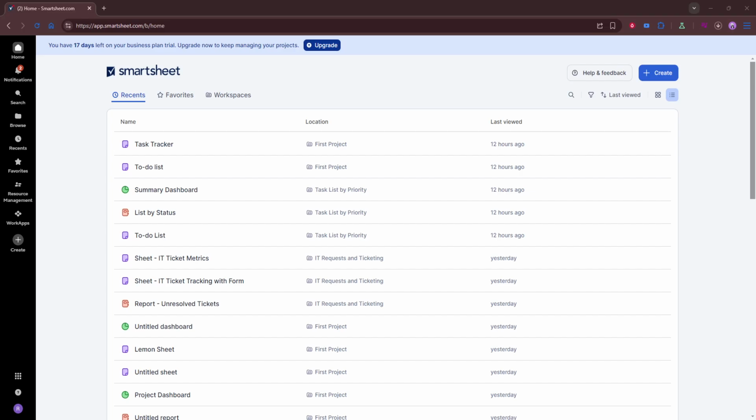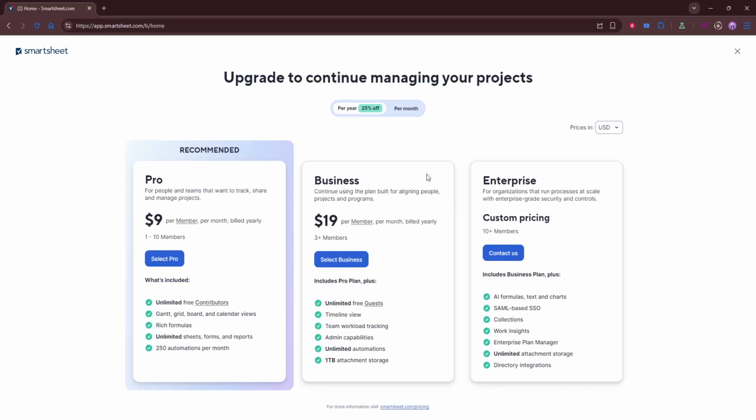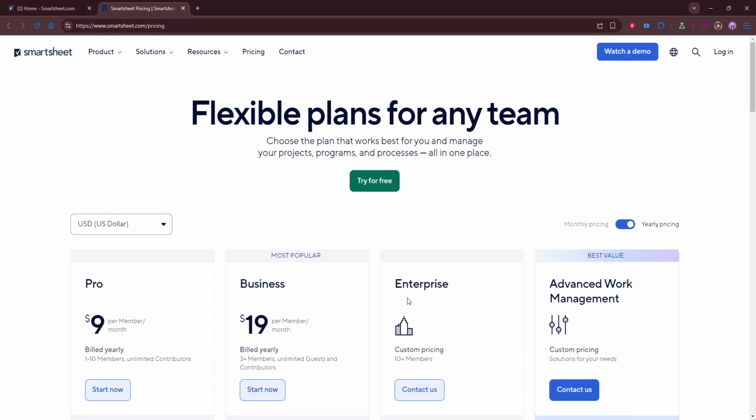If you're trying to use Dynamic View in Smartsheet, the first thing to do is open the Smartsheet Dynamic View page or the pricing page on the official website. This gives you the most accurate and up-to-date information directly from Smartsheet. Since plan details can change over time, it's always better to verify from the source rather than relying on older